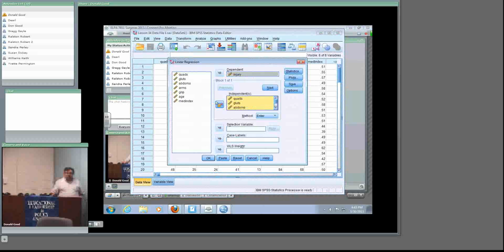And I know SPSS is funny, and we've seen other examples. We'll see even more examples where this box may be labeled independent variable, it may be labeled something about grouping, or it may be labeled something like fixed factor. They all mean independent variables. I don't know why they use different names. Well, I do. They use different names because the contexts are a little bit different. So if we've got everything in the right box,